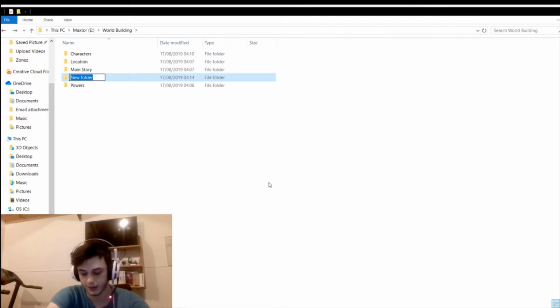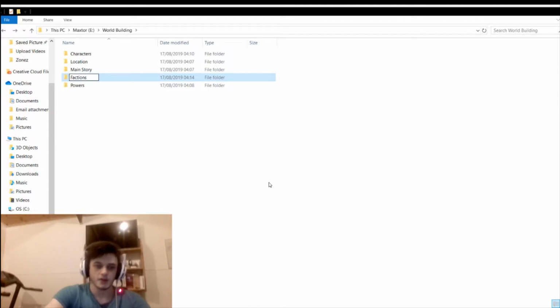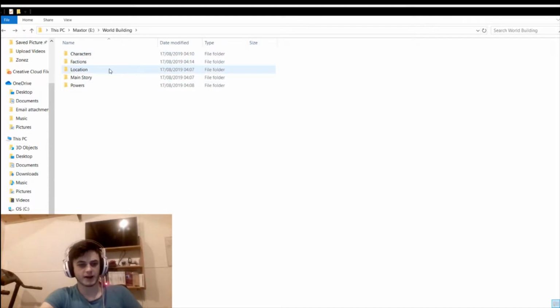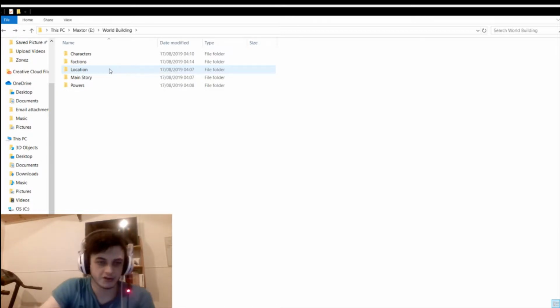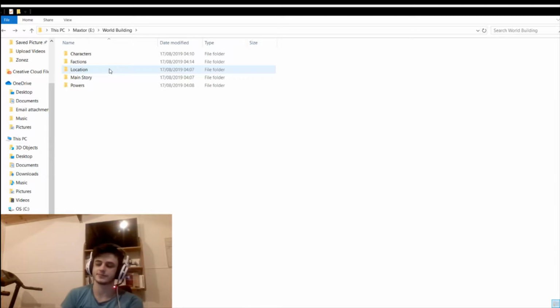write, create a folder for the factions and how they interact, which I guess kind of plays into location a bit more. It plays into location in a very large way, but the location folder is mostly going to serve in terms of background, art, and